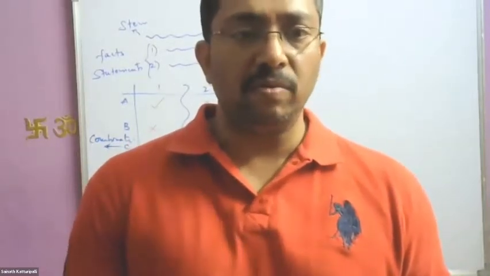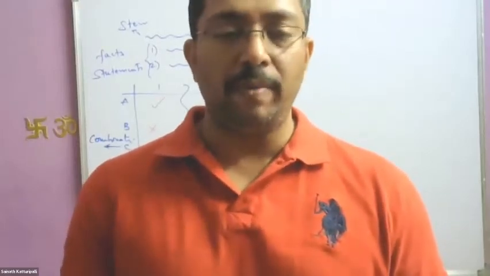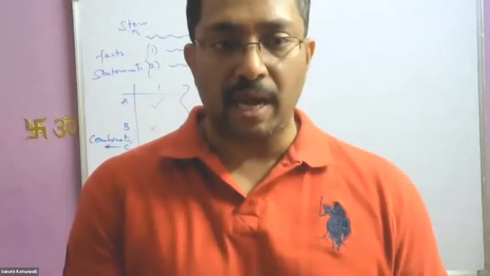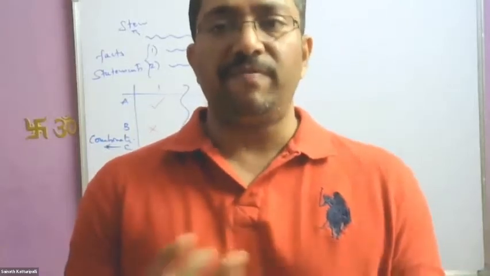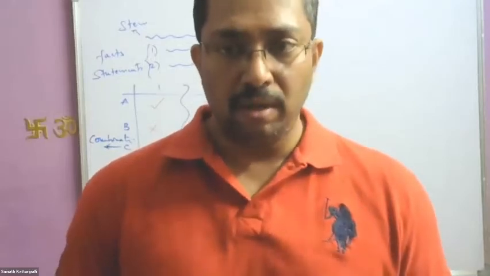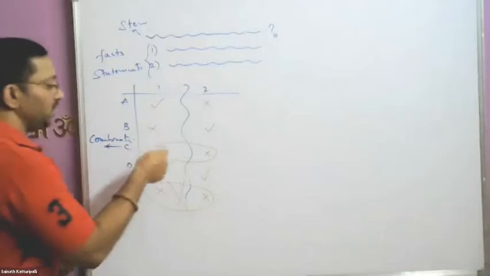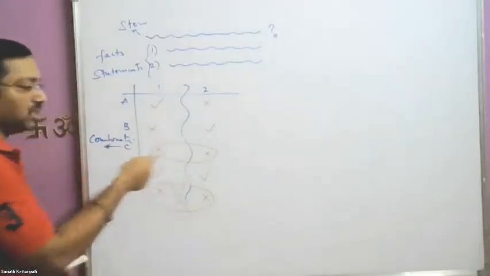So you go with combination only when you reach a point where you see each of the statements alone is not helping you. You are left with no choice now. You club them and see whether they can together help you or not. So C stands for combination. But don't club them unless you see each of the statements alone is not sufficient.